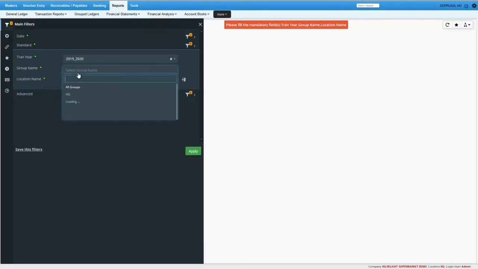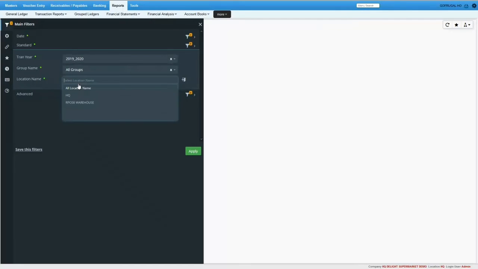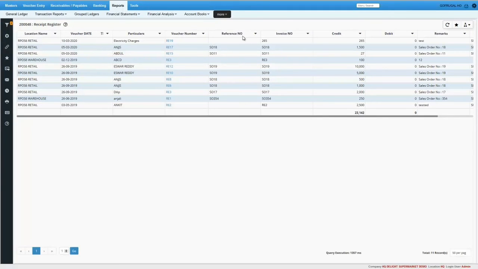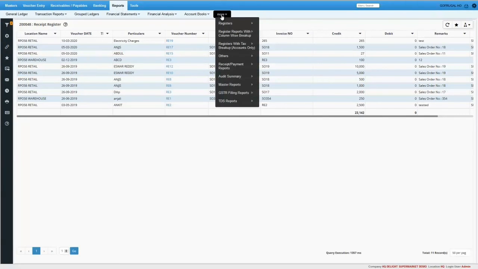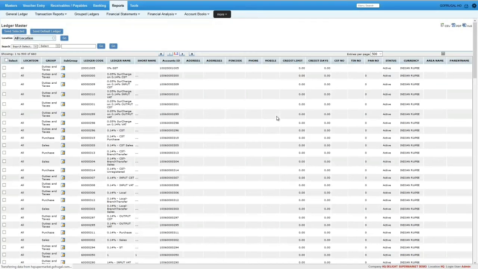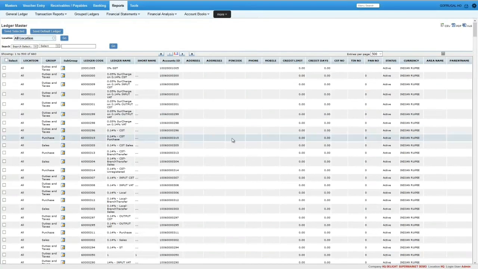These things are mandatory, so we have to fill this. Okay, the same settings will be available for these reports too. Other than that, you can find company master report, division report, location report, ledger master report. All these reports can be shown here.